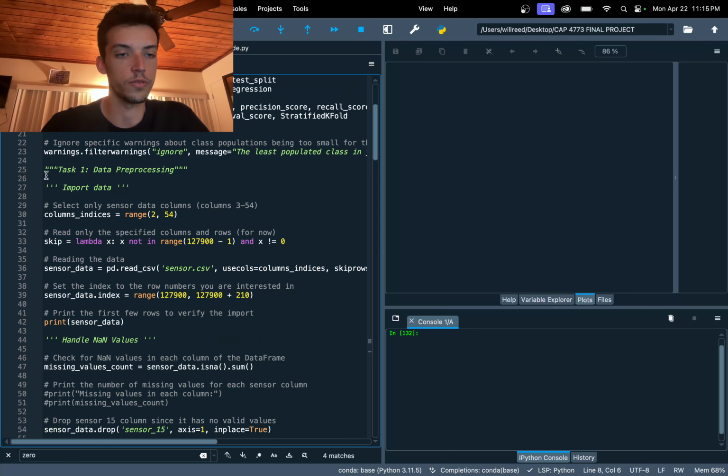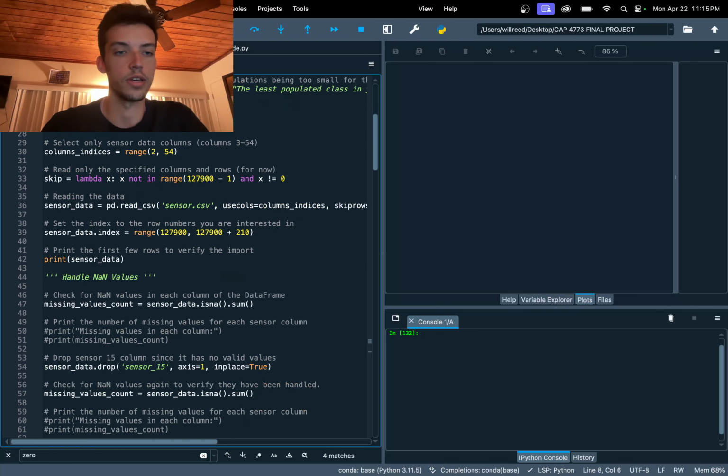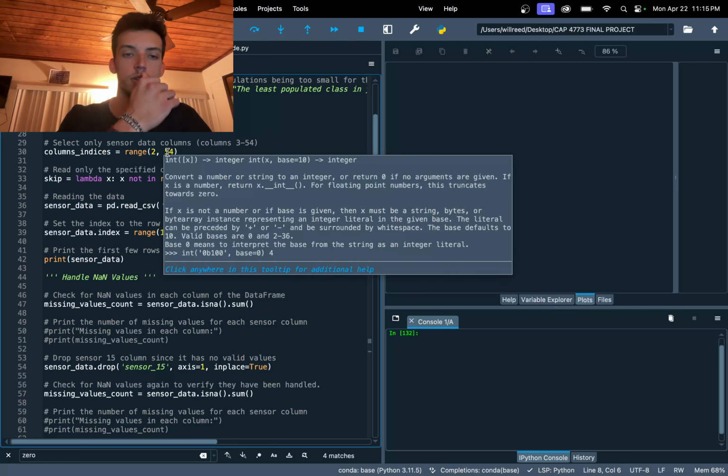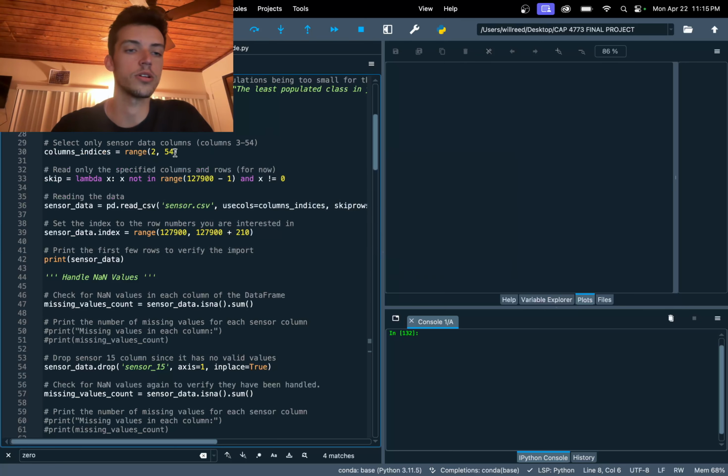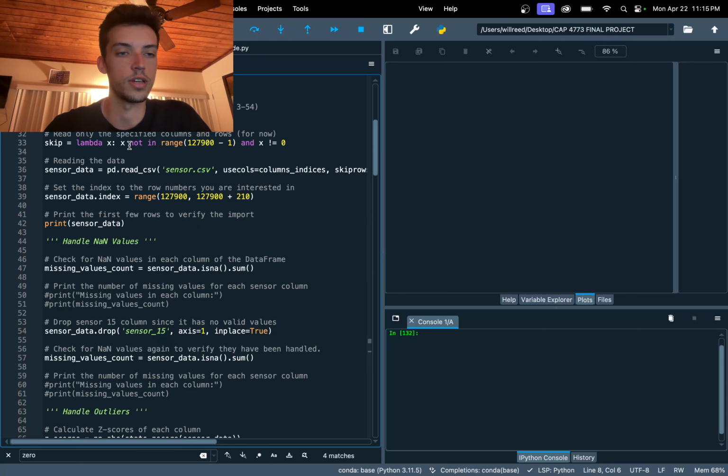So starting off with the first task, importing the data from the CSV. I wanted to only work with the columns that actually had the numerical data in them. So I started off by just defining a range for which columns to import into the data frame. And then